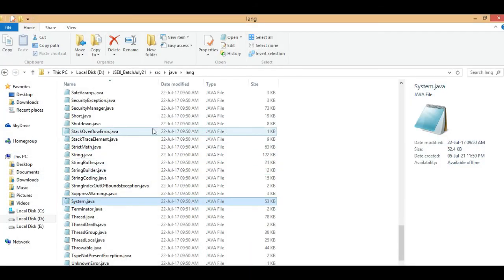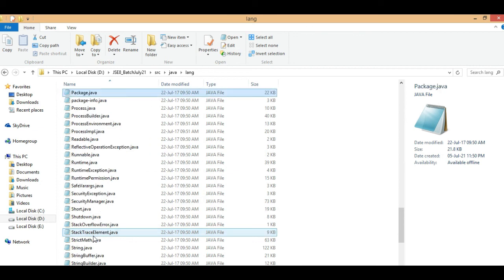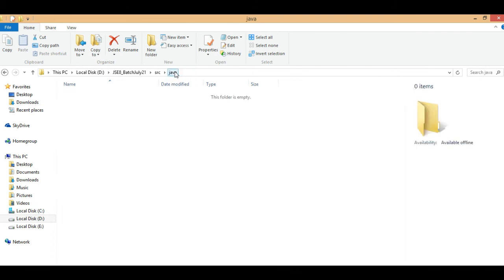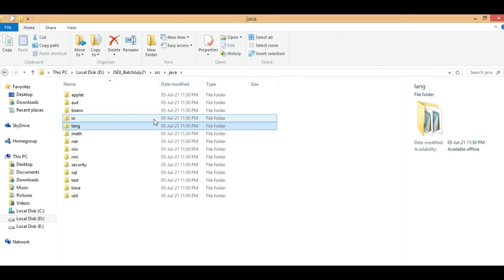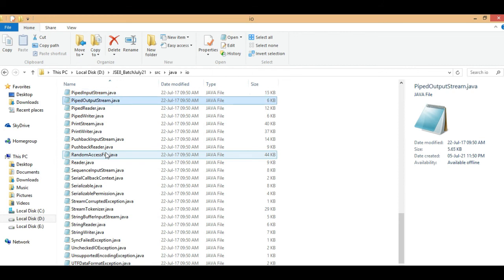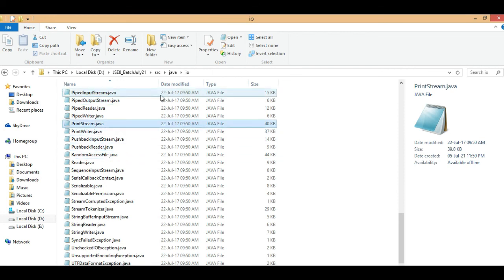Let's come to the source file and check here. Is the PrintStream class here? No, it is not here. Then how is it supported in my first program? This is the input output package. Let's check PrintStream. Oh, it's inside java.io.